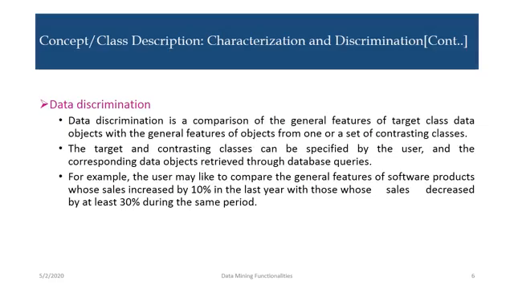So here we are going to compare between two class level attributes, where we have a target class. The features of the target class can be compared with the general features of objects from other contrasting classes. For example, suppose we are discussing a software product whose sales value increases by 10%. We are comparing the same product with a particular product whose sales value decreased by 30% last year. So we have a contrasting characteristic, where one product's sales value increases and another product's sales value